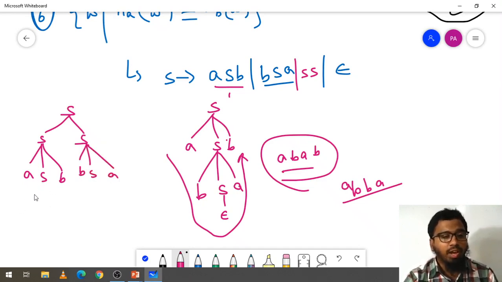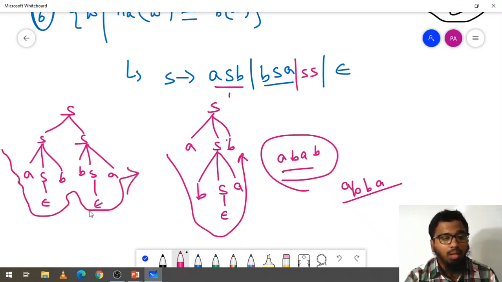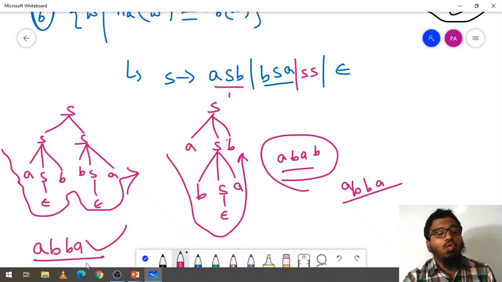So how will we get it? If we take the epsilon here, what is the answer we will get? A, B, B, A. So if you want this answer also, you will get it, but you need to add the concatenation. So this is a complete grammar for